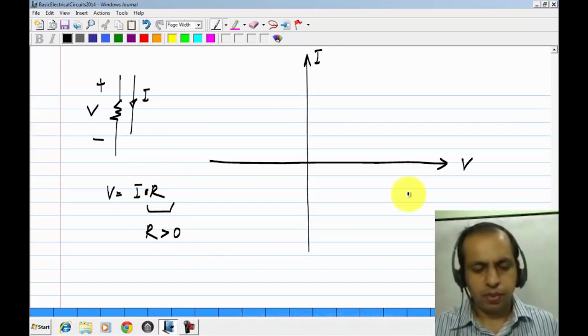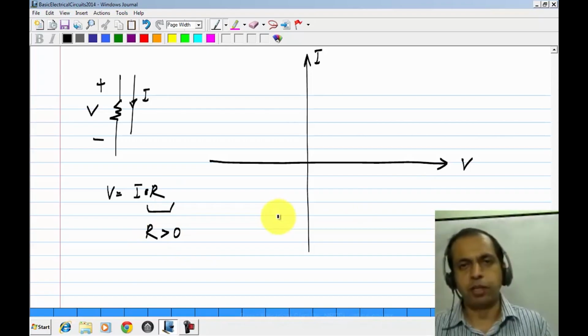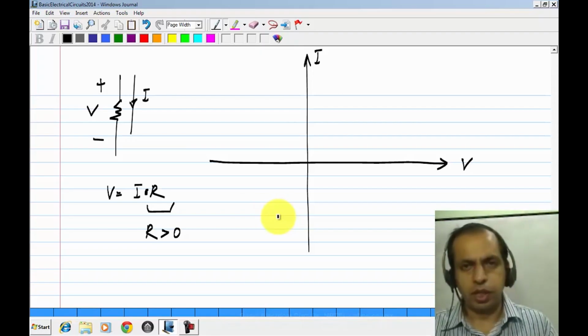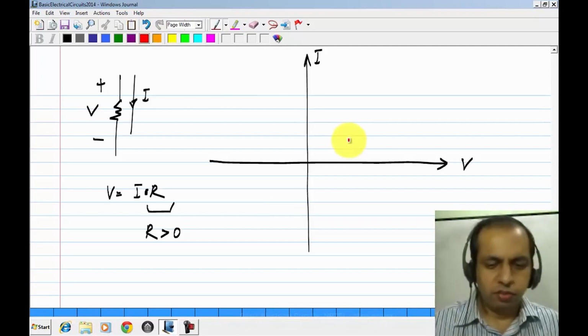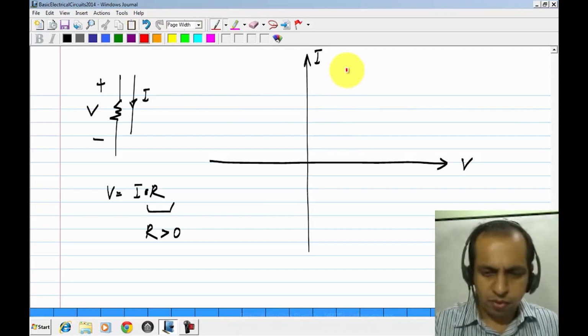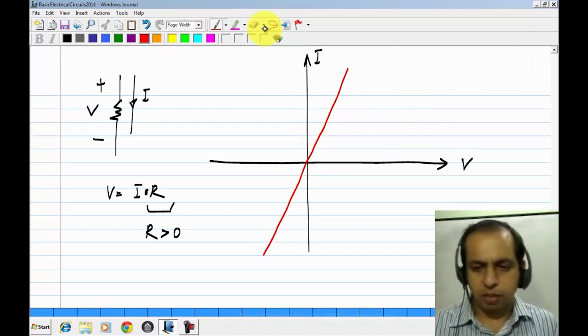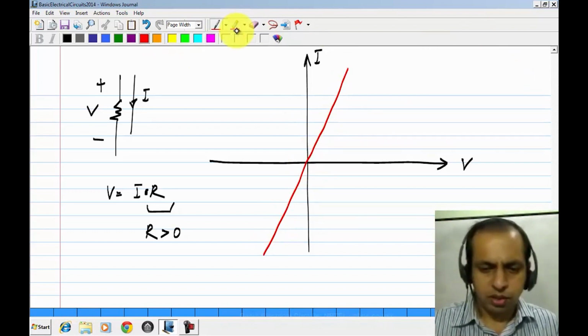That means that if you take a bar of material and connect two terminals to it, and you measure the proportionality constant between V and I, you will find a positive constant. What will that curve look like? It will be a straight line passing through the origin,